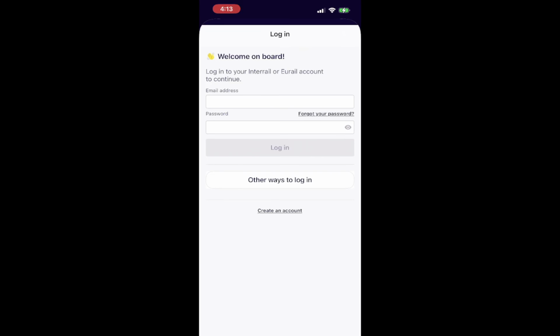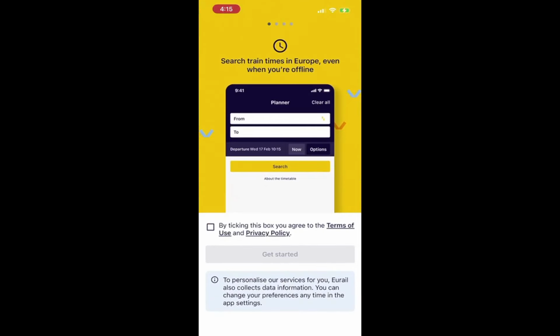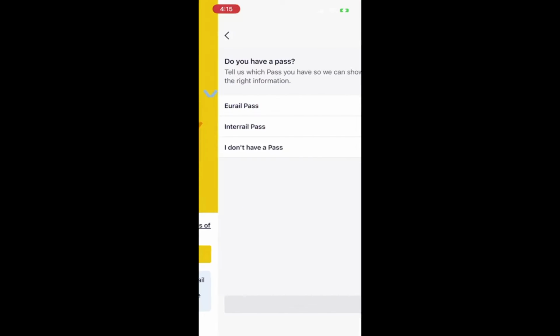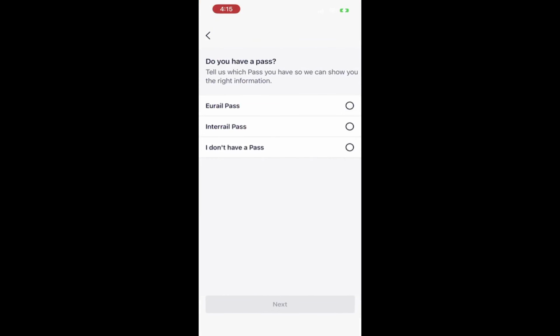Now tap on the Planner option or use the search bar at the top of the screen. This feature allows you to access train schedules and routes efficiently. If you're using the search bar, simply type in your departure station and your destination. This is where you specify precisely where you're traveling from and to. Being accurate with these details is important because it directly impacts the results you will receive, ensuring you find the correct trains for your journey.